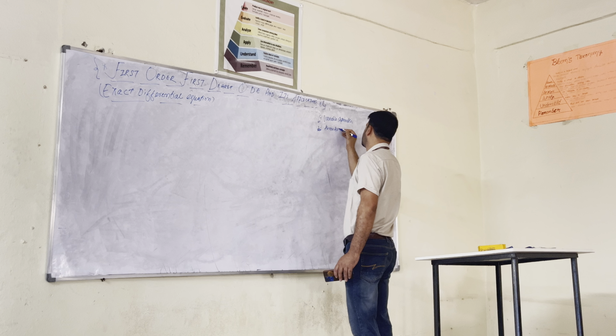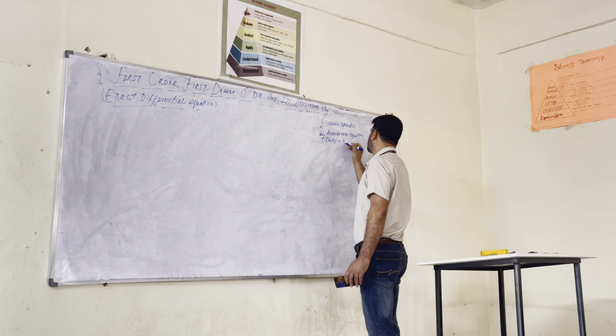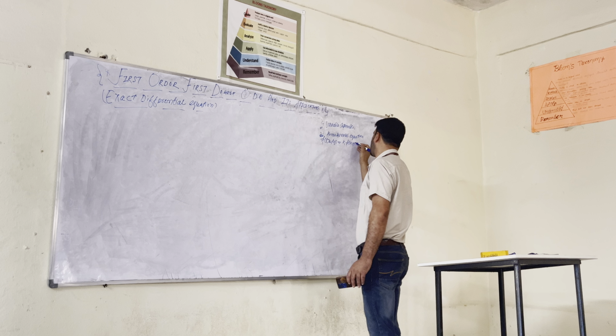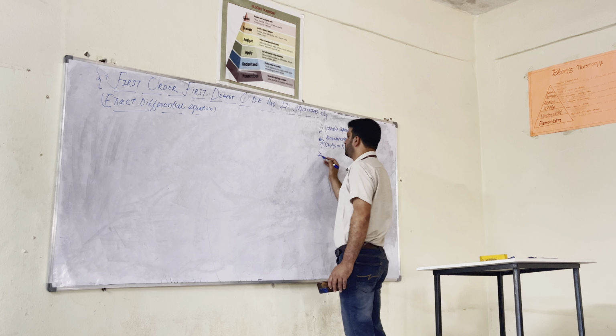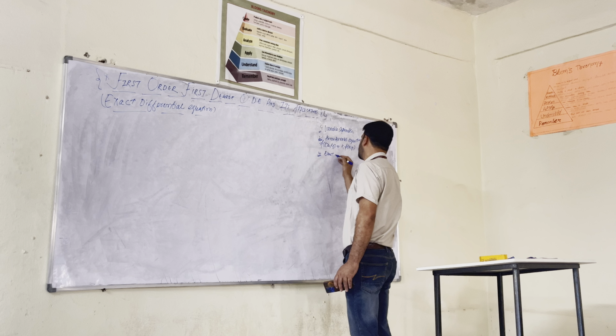homogeneous equations. With this, we are seeing that if any differential equation is in the form of f(kx, ky) is equal to k f(x, y), and we are taking the integral on both sides, and in this way we are solving that type of method, which is the second method of the ordinary differential equation. And third, which we are going to solve today, that is known as exact differential equation.